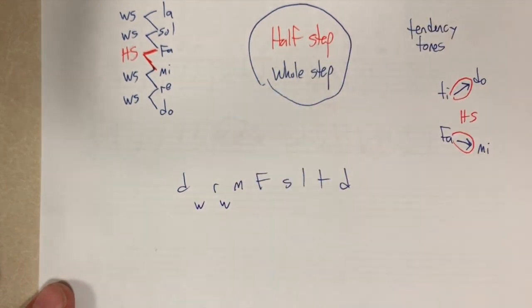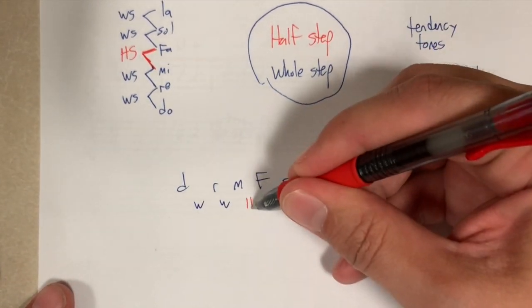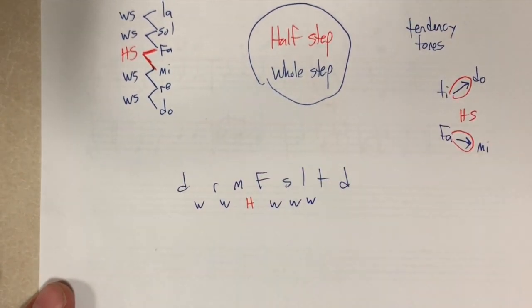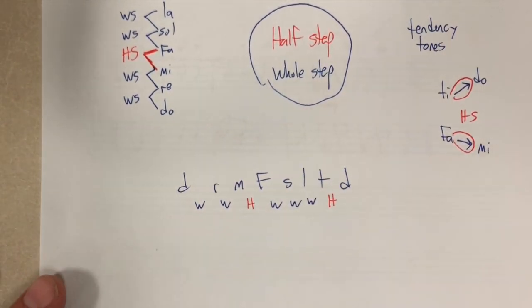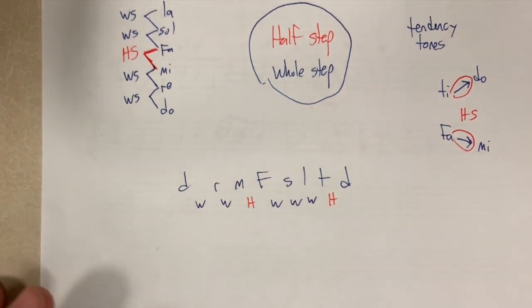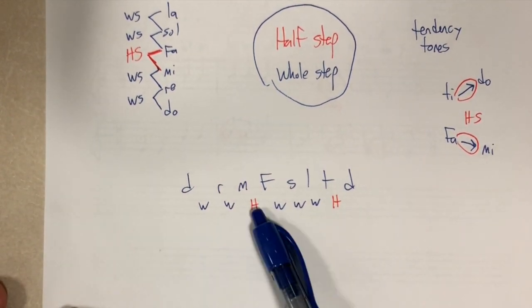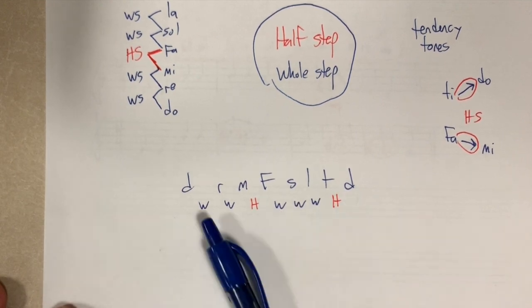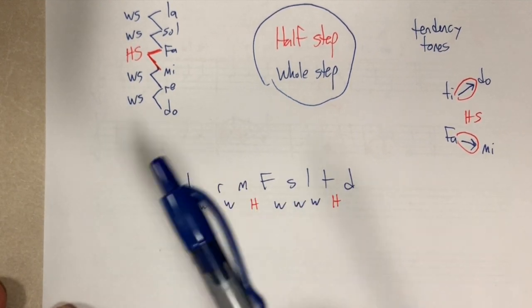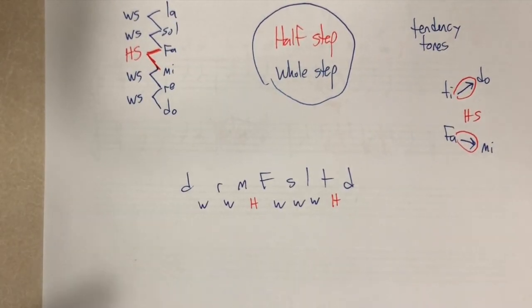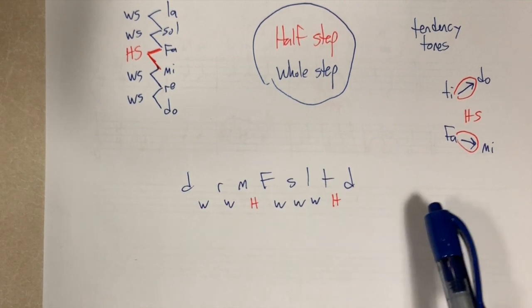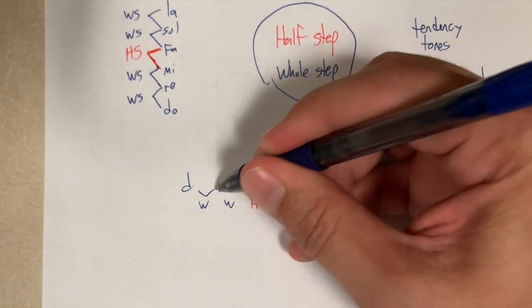Whole, half. Whole, half. It's kind of a fun tongue twister to say. No matter what major scale you're playing, you always have to go whole, half, whole, half. If it's a major scale, it goes whole, half, whole, half. Whole, half, whole, half. It kind of sounds like you're laughing when you say it. Those are the intervals